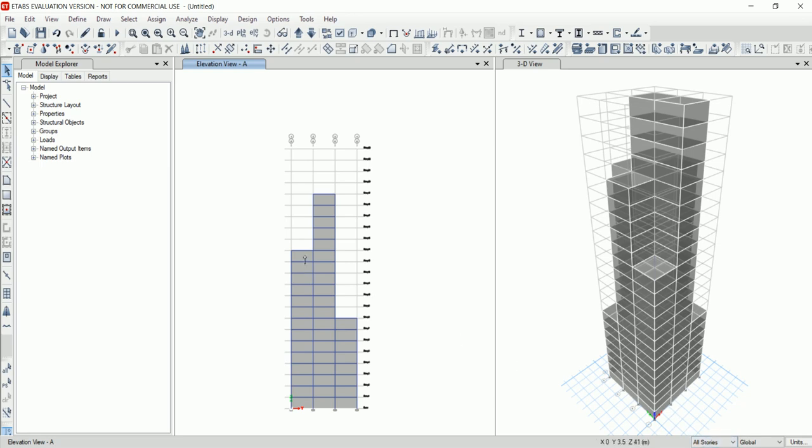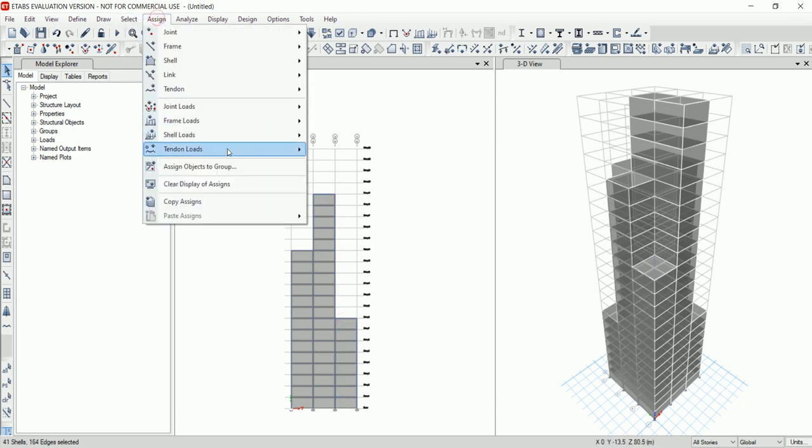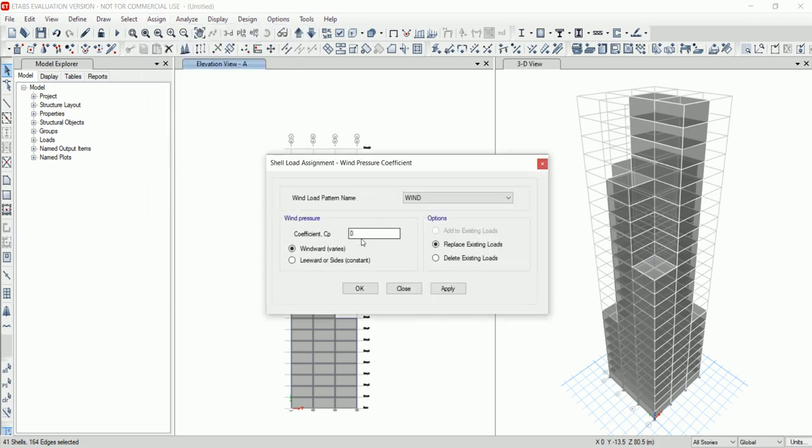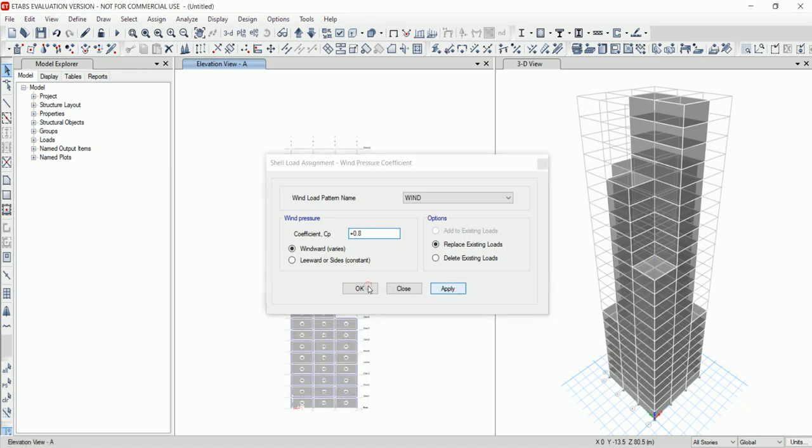Then select all the claddings. Go to assign, click on shell loads and click on wind pressure coefficient and set the coefficient to plus 0.8. Click on apply, click on OK.